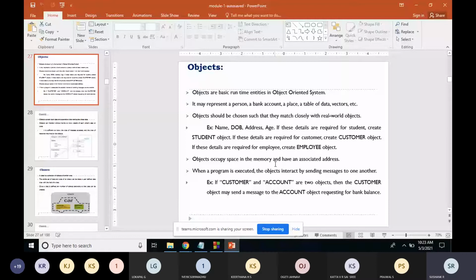The second thing: if I make a member private, it is highly restrictive access. Only the members within that class can access it. Outside that class, access is not possible at all. The third one is protected. If I make it protected, the members of that class can access it, and outside the class, only the derived classes can access it.